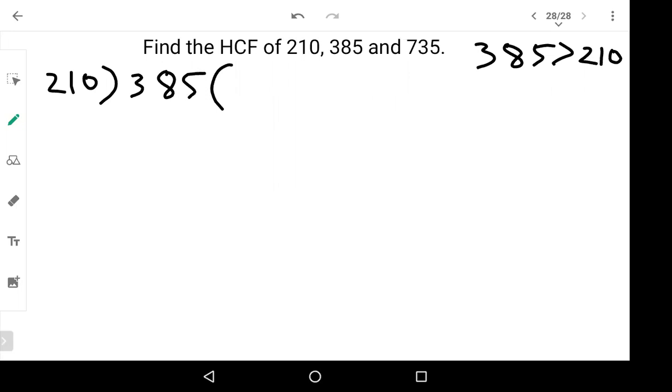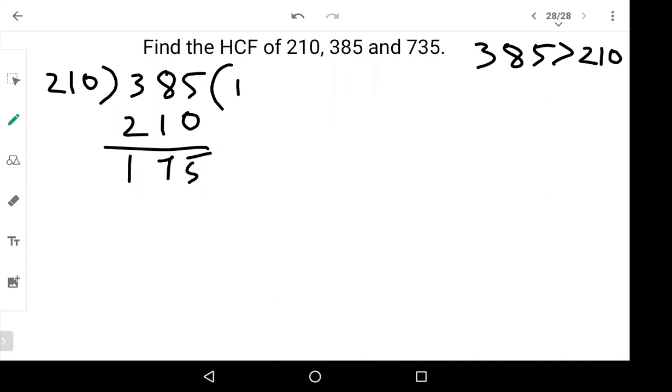To check with 210 ones are, 210 twos are. What is 210 twos are? What is the value of it? 420. So 420 is more than 385. So we cannot do anything. We cannot use 2. So we'll go with ones are. Okay, so 210 ones are 210. Subtract. Same with the remainder. You will get 5, 8 minus 1, 7, 3 minus 2, 1. Correct? You're supposed to subtract.